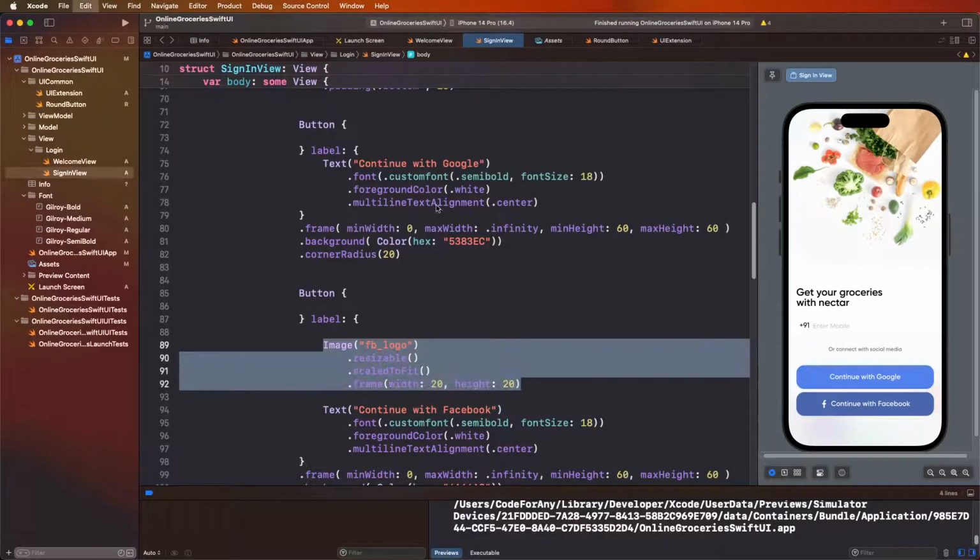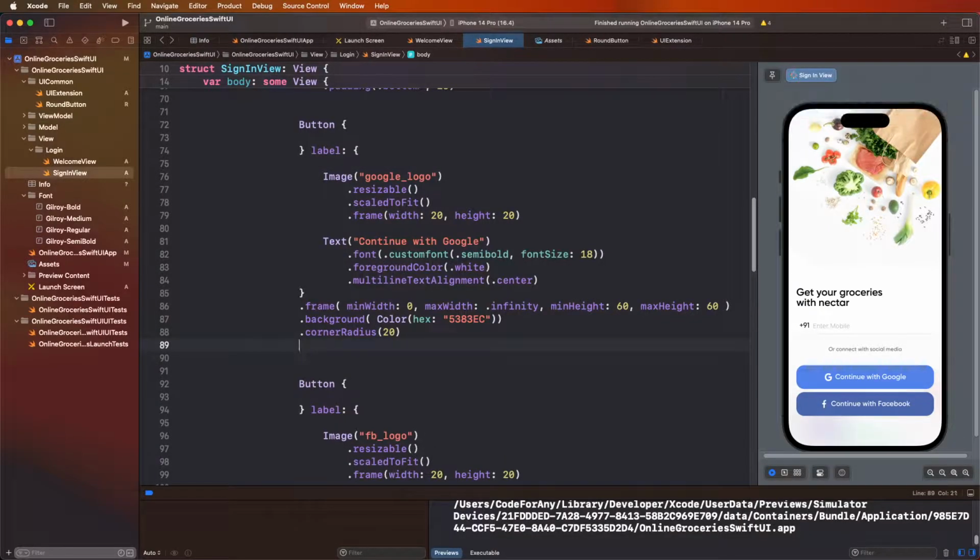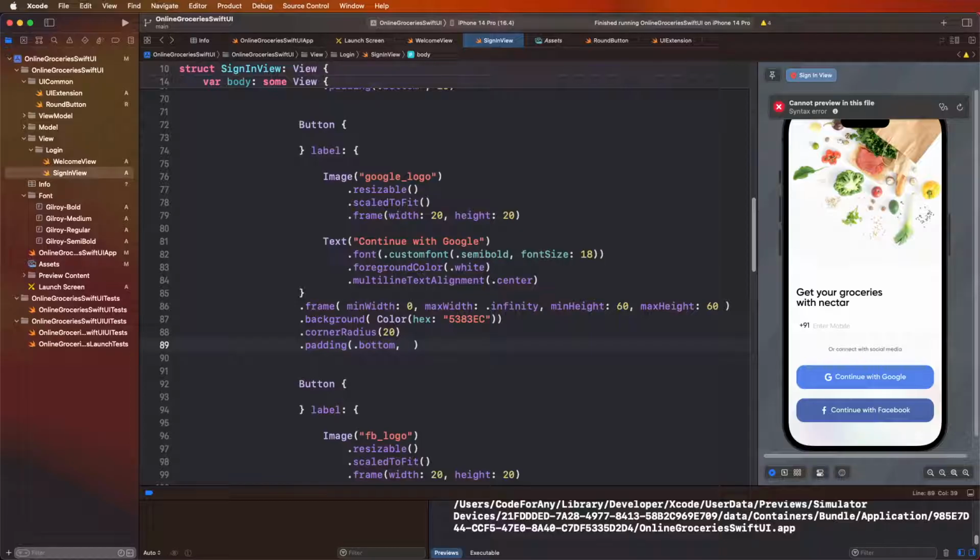Now need to paste this here and to write. Now this are the colors and okay, these buttons are the created and now need to